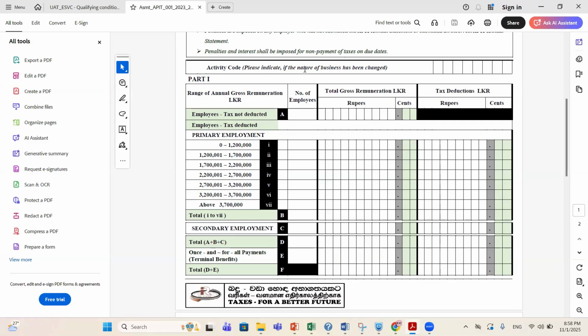Meantime, that HR manager or finance manager may work for other companies as well. In that case, he may have a remuneration from other companies within the group. The income he received from the other entities is identified as the secondary employment income, right?